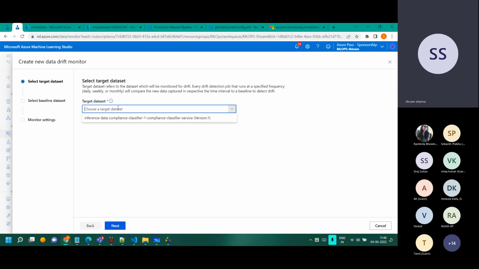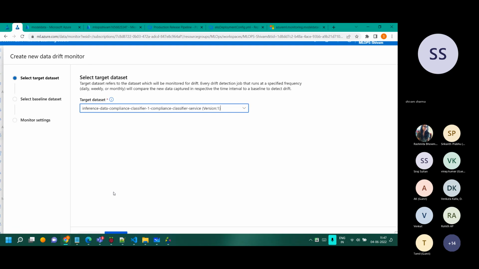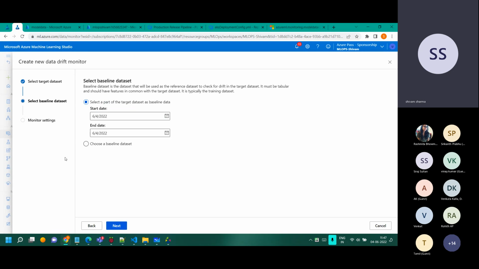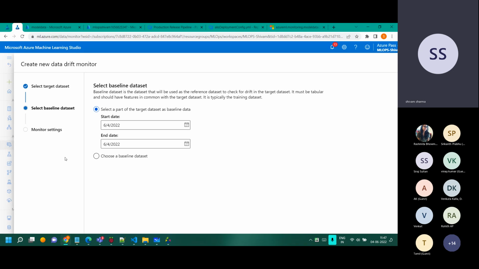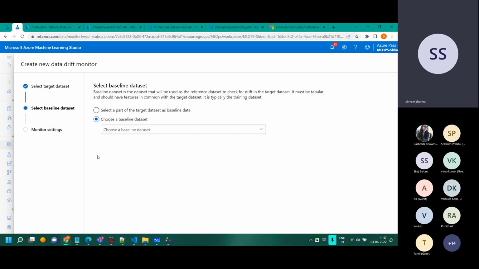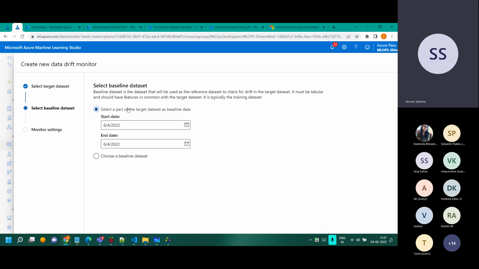Now you have to give the source data set, like this. Now if you see what it is doing, it is asking whether you want to compare this same data set with the same data set from a previous period, or do you have a different baseline data set? You can do any of that.